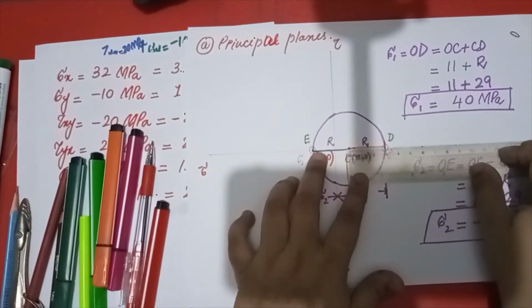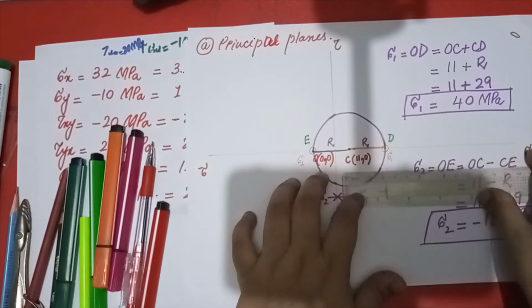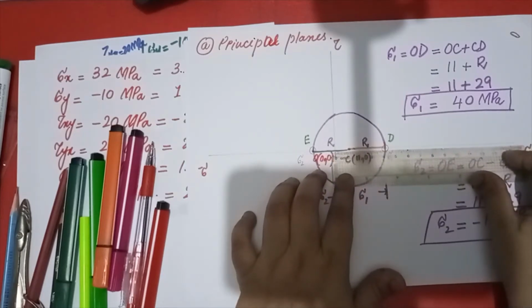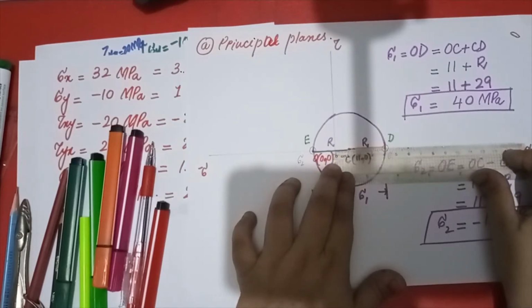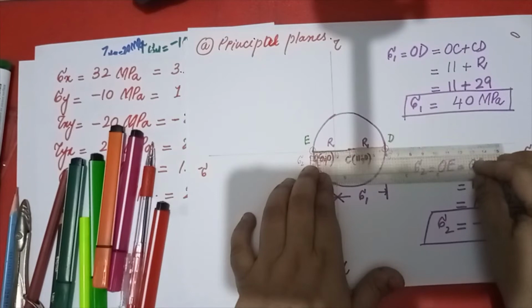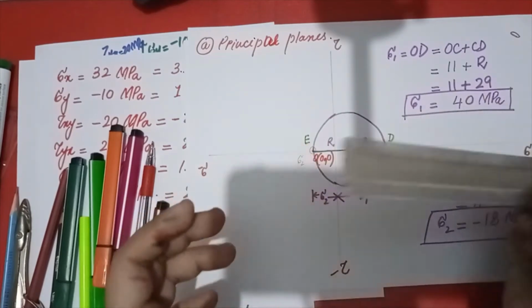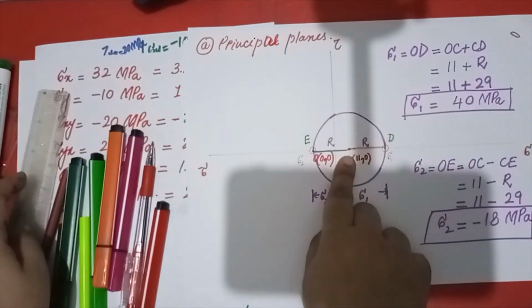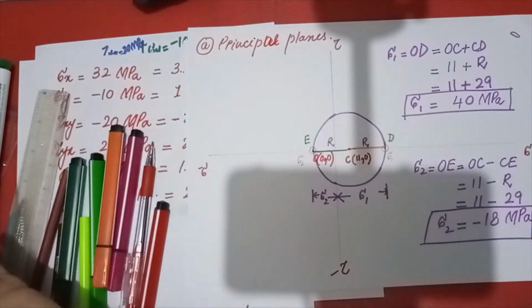So let me show you. This distance is 2.9 centimeter, you can see from here. And now what I am going to show, this distance from here till here, it is about 4 centimeter. And the other one you can see is 1.8 centimeter. It is clearly visible to you and you can check it out from the point C on the right hand side, on the left hand side.